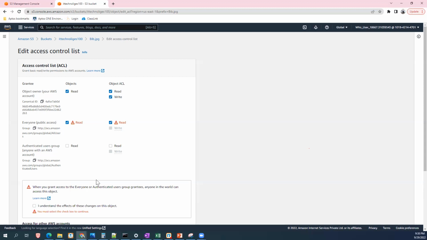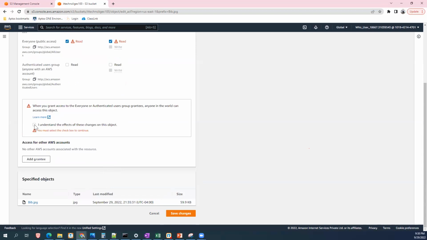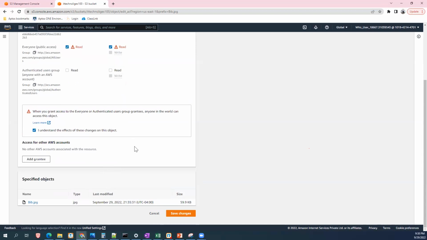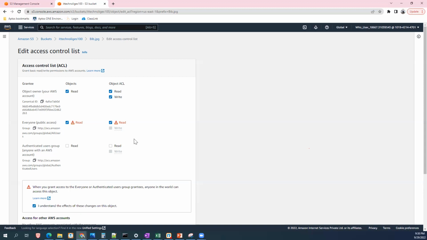Now scroll a little bit below. See, it is double checking with us. What is the ACL for objects? We know what the object is. What is the ACL? Access control list. So why do we have to give both of them differently? When you are saying give access to the object I'm creating, why do I have to give the access control list? Access control list also we give, right?